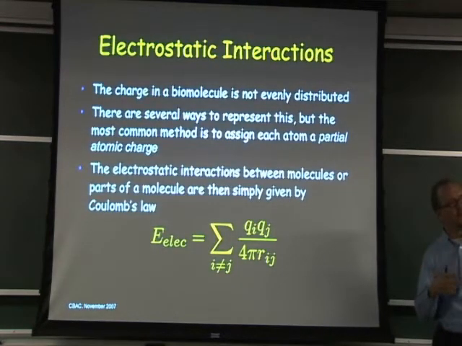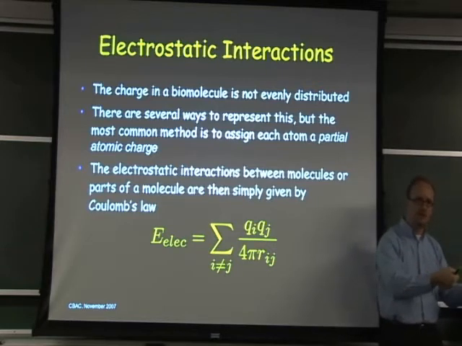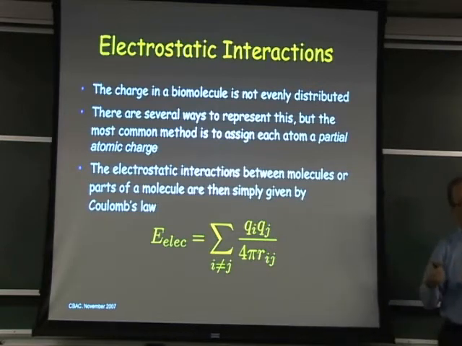The non-bonded interactions, we deal with two primary contributions. The first comes from electrostatics. Okay? Charges on these proteins, on the biomolecule, are not evenly distributed. We already know that we've got acidic groups, basic groups, we've got aspartate and glutamate, as well as things like lysine and arginine. But even if you look at the atomic level, for a neutral amino acid, for something like glutamine, the charge is not going to be evenly distributed throughout the molecule.